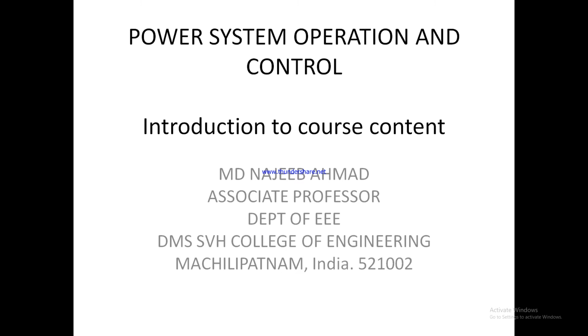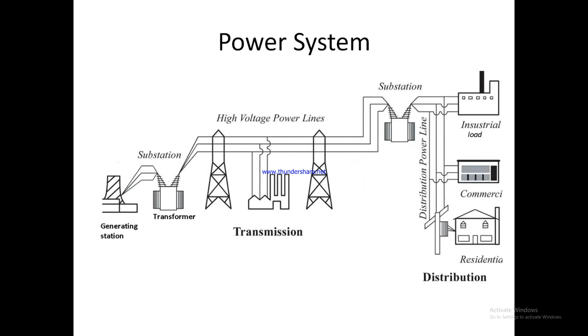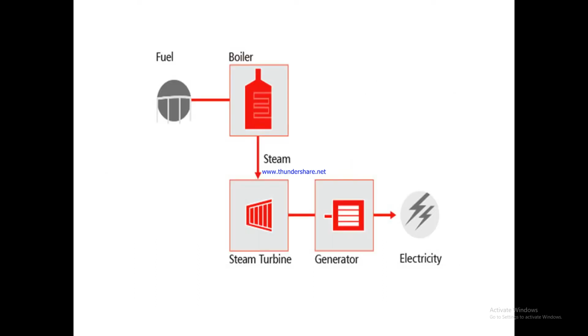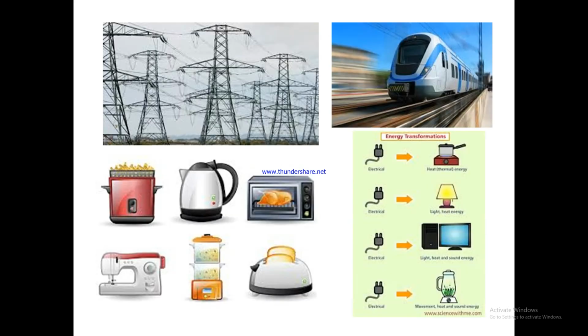Introduction to Power System Operation and Control. A power system is a huge network consisting of generators, transformers, transmission and distribution lines, and loads. The generators, driven by turbines (steam, gas, or hydro), convert energy from natural sources into electrical energy. This electrical energy is utilized in many ways for the ease and comfort of human beings all over the world. Electrical energy is the cleanest and most convenient form of energy for transmission from one place to another.